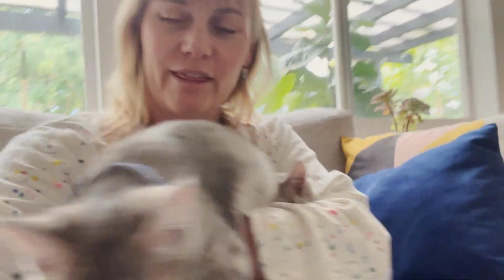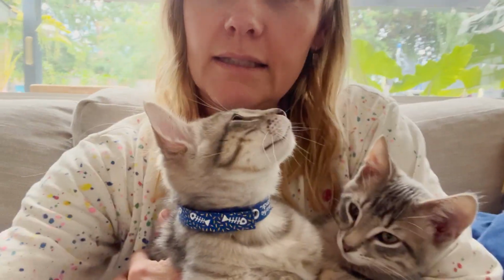Just over a month ago. Do you hear them purring? This is Waffles and this is Toast. So our family adopted these very busy kittens just about a month ago, and with that came the news that